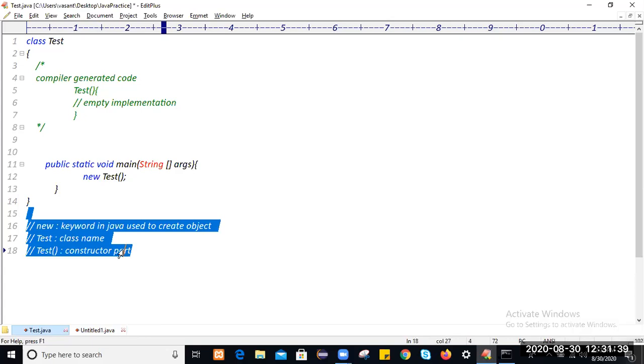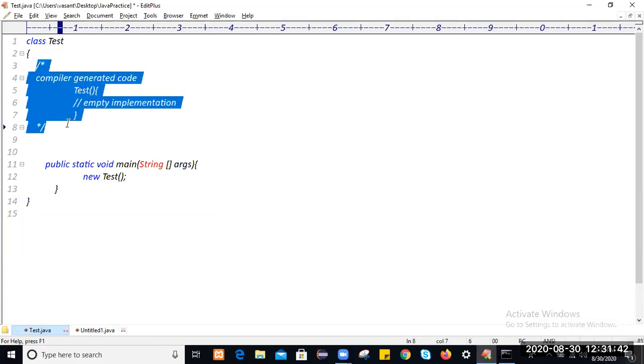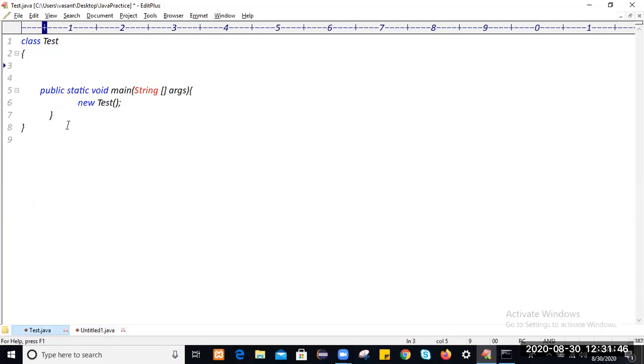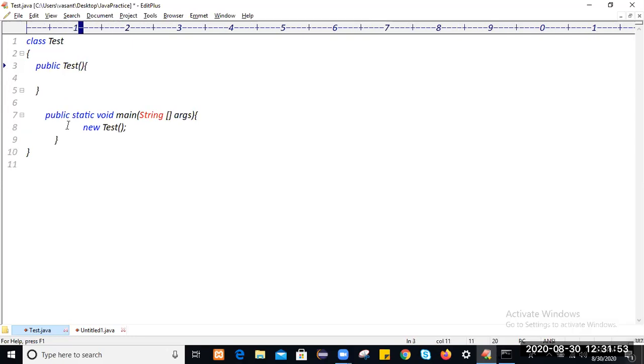Now you see, if you have one user defined constructor within the class like this, which I created, and this is a one argument constructor, now you just tell me what will happen in this case. What will be the output?